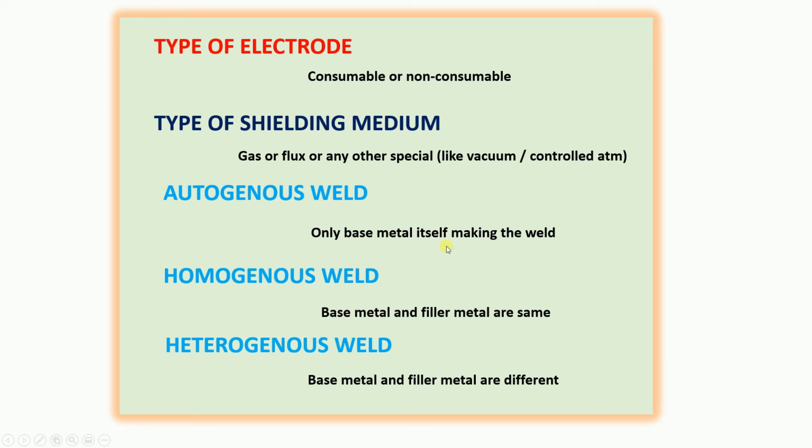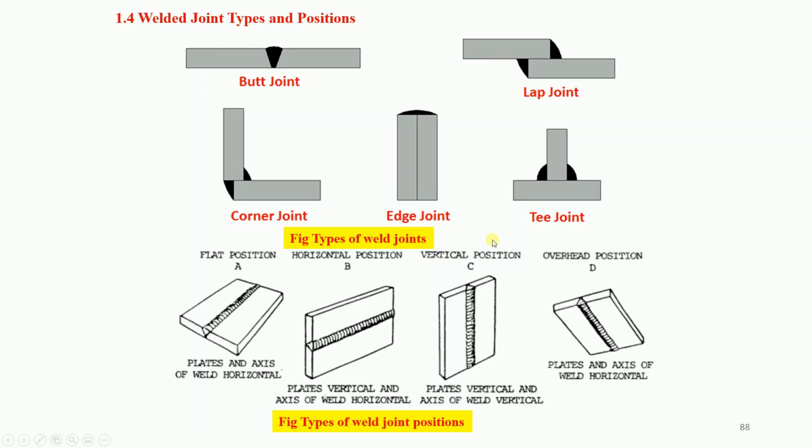I am highlighting one more point: dissimilar metal joints are possible, you can go for it, right? Joining portions like butt joint and lap joint, clearly we can say yes, it is possible. Corner edge joints are possible, but corner and T joints are very difficult, right?